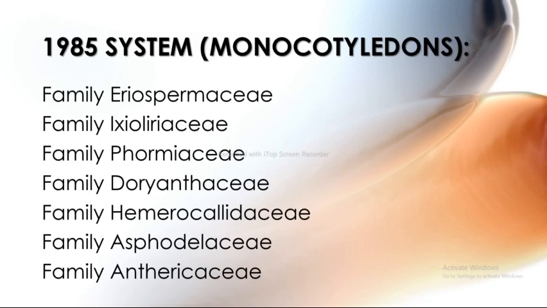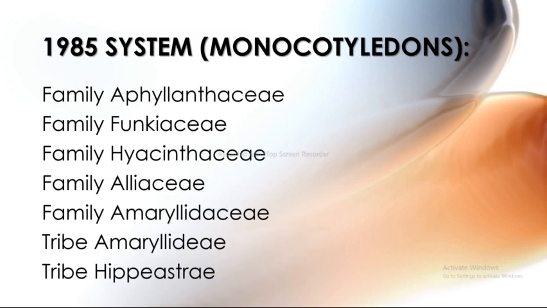Axiolariaceae, Dorianthaceae, and Hemerocallidaceae, Asphodelaceae, Anthracaceae. Next is Ephyllantaceae. Next is Funkiaceae, Hyacinthaceae, Alliaceae, Amaryllidaceae, and Amaryllidae,